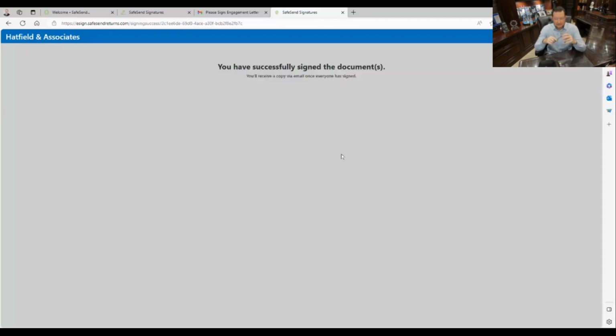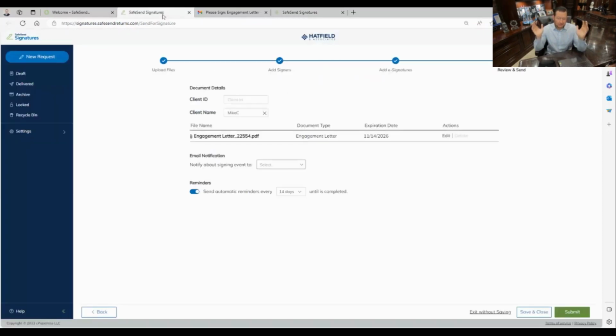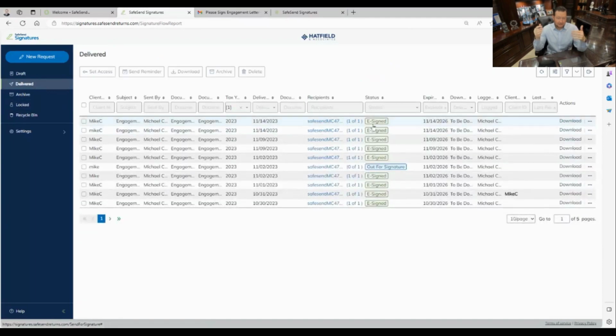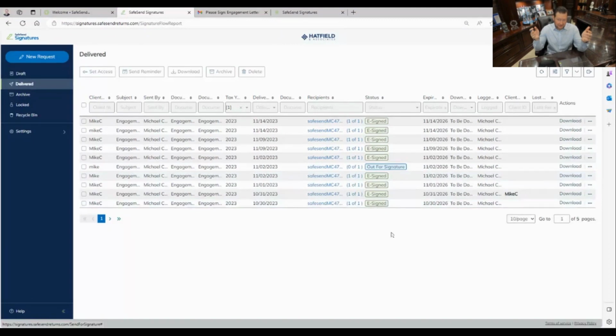And the great thing is that this all comes with tracking and reporting. So, Mike has a report that would show every client that got sent an engagement letter through our system, and it would tell us if it's been delivered or not delivered. It's going to tell us if it's been downloaded by the client or not downloaded. It's going to tell us that it'll actually send out requests. So for those that are still out for signature, it can send requests out